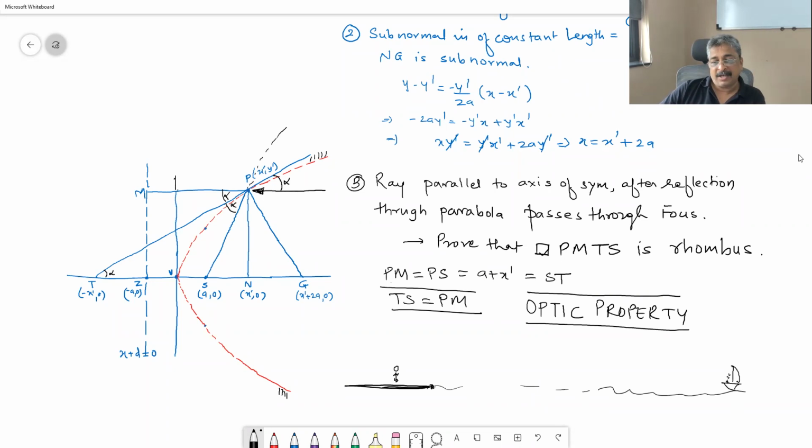Newton is sitting here, and the enemy is going to come to attack. So what he used to do is he used to create a parabolic mirror and adjust it in such a way that all sun rays that are received, the sun rays are almost parallel, after reflection all these sun rays used to pass through the focus, and the focus is adjusted such that the focus is where the ship is.